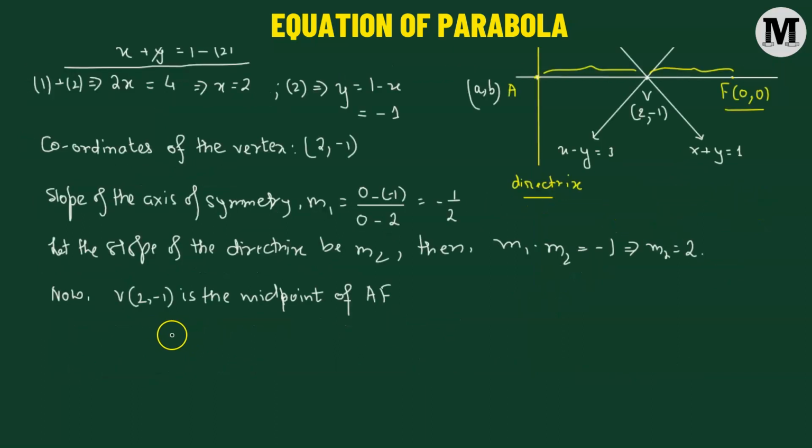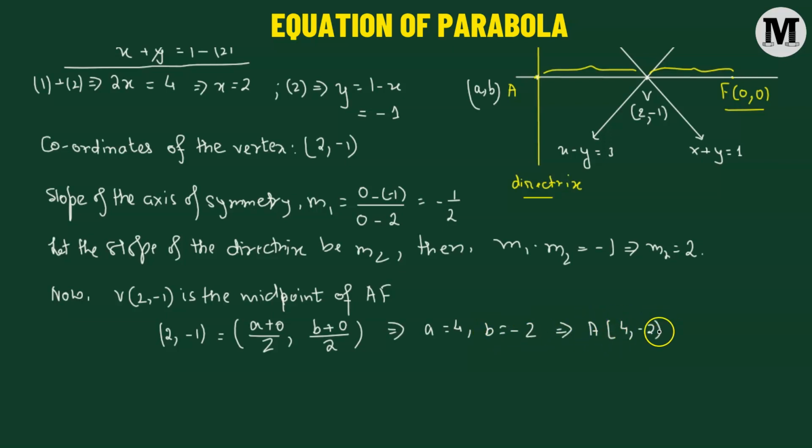So since V is the midpoint of AF, we can say that (2, -1), which are the coordinates of the vertex, can also be obtained by summing up the x coordinates of A and F divided by 2, and for the y coordinate we sum up the y coordinates of A and F and divide by 2. Now that's going to give us a equals positive 4 and b equals negative 2, meaning the coordinates of point A are (4, -2). Now we have the directrix line passing through the point A with coordinates (a, b)